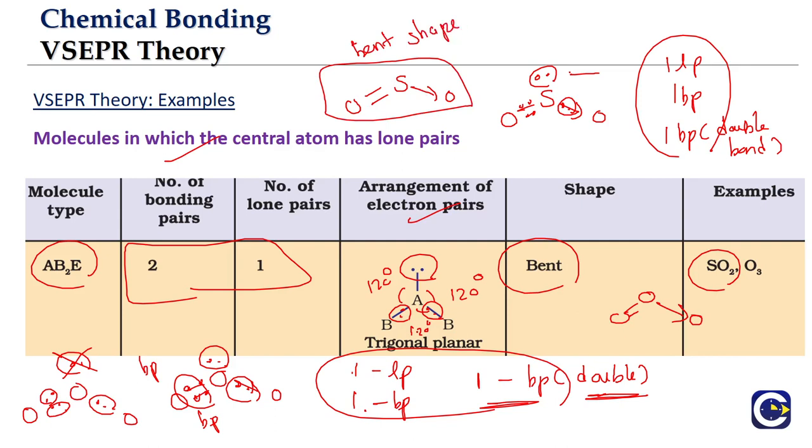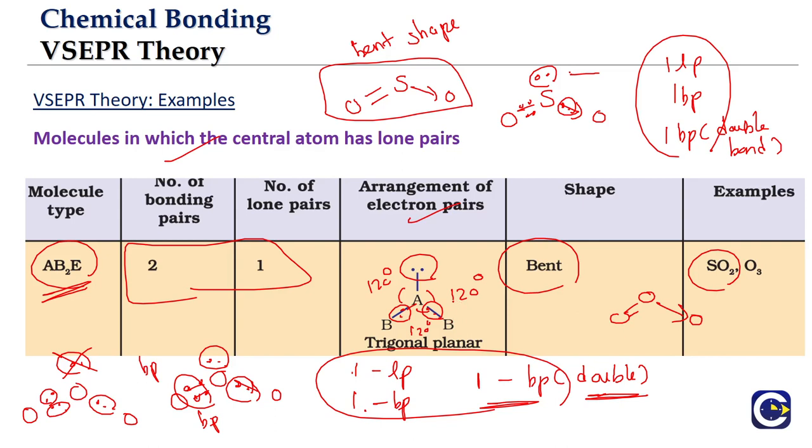Now, just like the way we discussed the distorted bond angle, the bond angle in this AB2 type of molecule with a lone pair, that's why we are calling it AB2E. E represents one lone pair. So in this AB2E type of molecule, the bond angle between the AB bonds, what will it be? It will be less than 120 degrees because the lone pair-bond pair repulsion is more dominating. So in the case of SO2 and O3, we will see that the bond angles will be less than 120. So this is about the shape of the molecule of the formula AB2E.